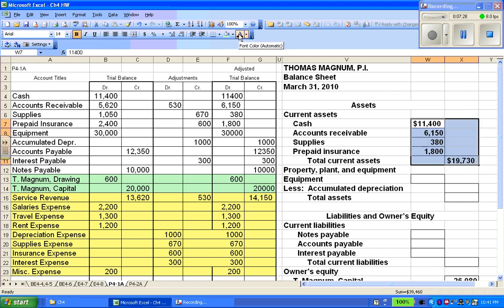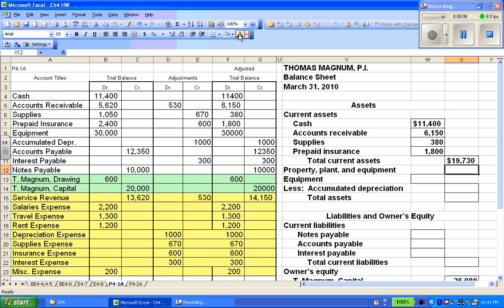Now what they're showing you here is a classified balance sheet, right? This is another part of this chapter where they show you the proper way to create a balance sheet using the classified method. And so we're going to classify our assets as either current or long-term, and the same thing with our liabilities. So here I have current assets. Cash is the most liquid, so it's listed first, and then so on. Accounts receivable, supplies, prepaid insurance. Let's see, what else do we have? All right, then I get a total here of